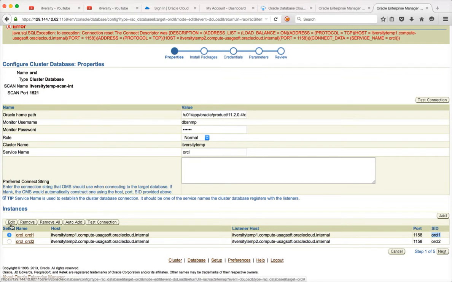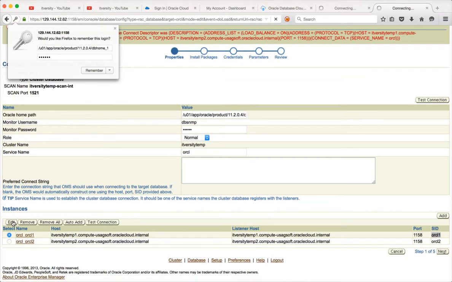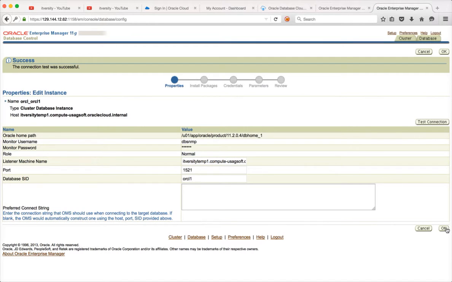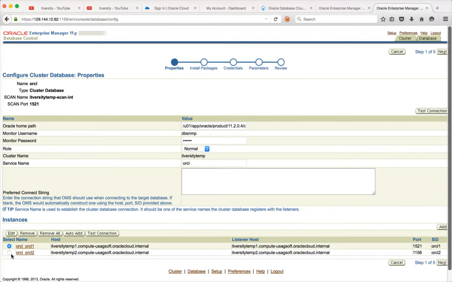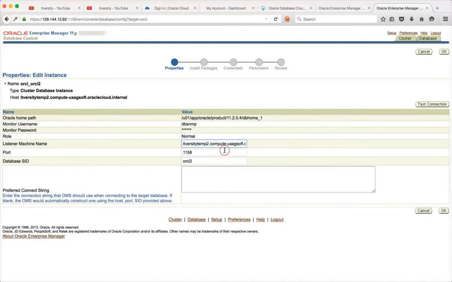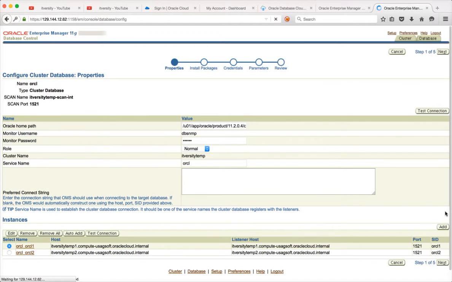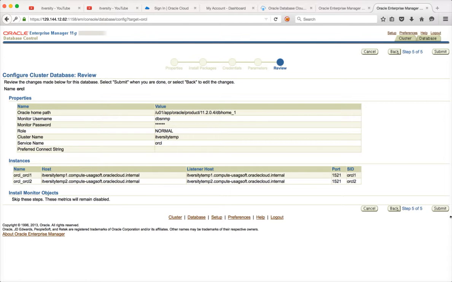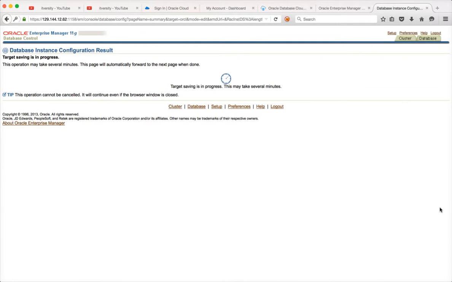To modify it, you can choose these ones, click on edit, okay, and then you can change the port number to 1521, and you can immediately do the test connection, and you can see that the connection was successful, and click on OK, and then choose the other one also, click on edit. 1521 is the port number, click on OK, and now you can click on next. Just to complete the configuration, click on submit. Now it will save the configuration